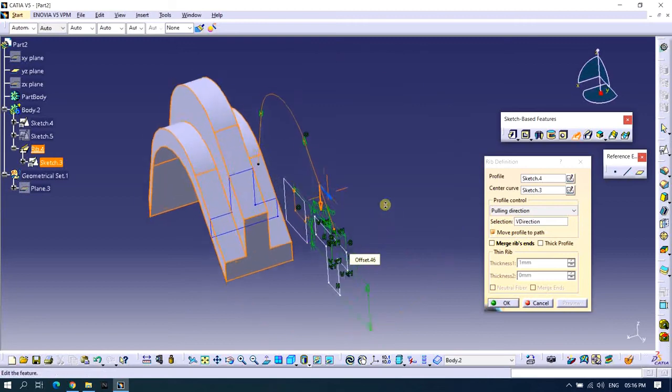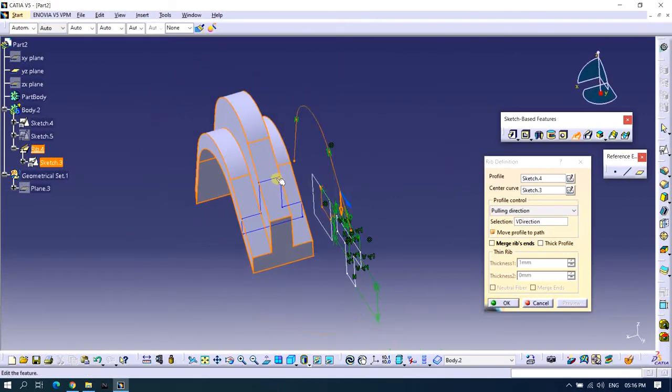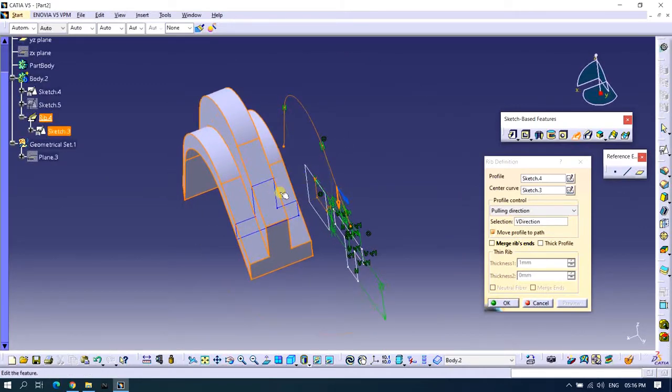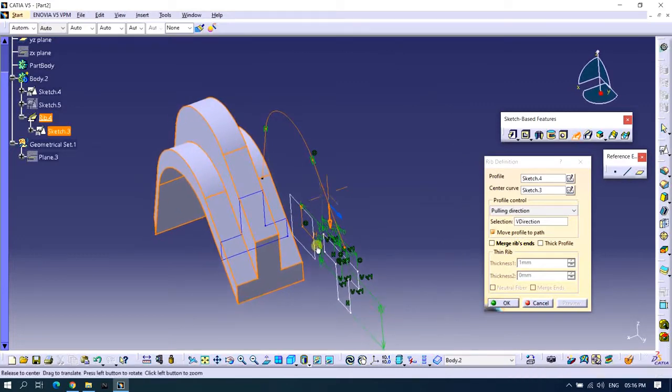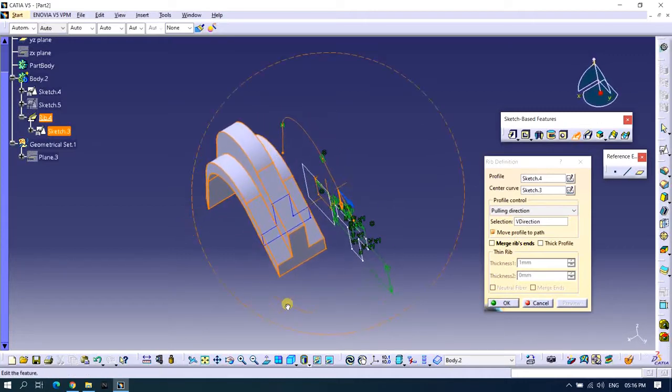So now there is one more question. We have not got this rib on the profile itself. We got it on some offset distance from the plane on which we have drawn the central curve. So at what distance do we get this rib?